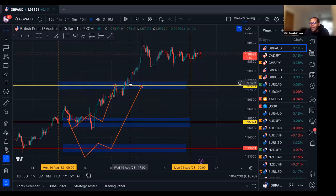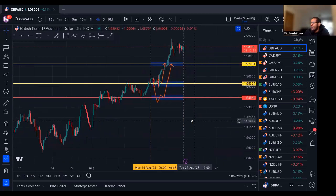You can also look for a buying opportunity. And you can see this worked out on Wednesday. And if you do notice the time, it was at 4 o'clock, which is the US market open for us here. So you can see there were very good opportunities on this, but unfortunately, we will no longer be looking